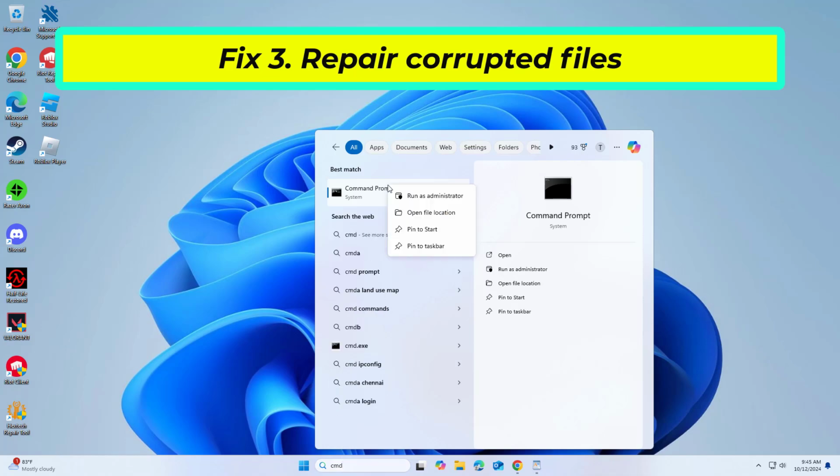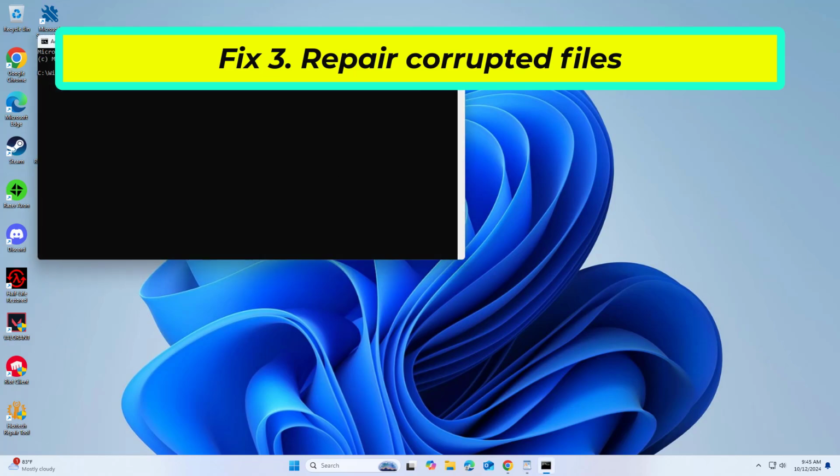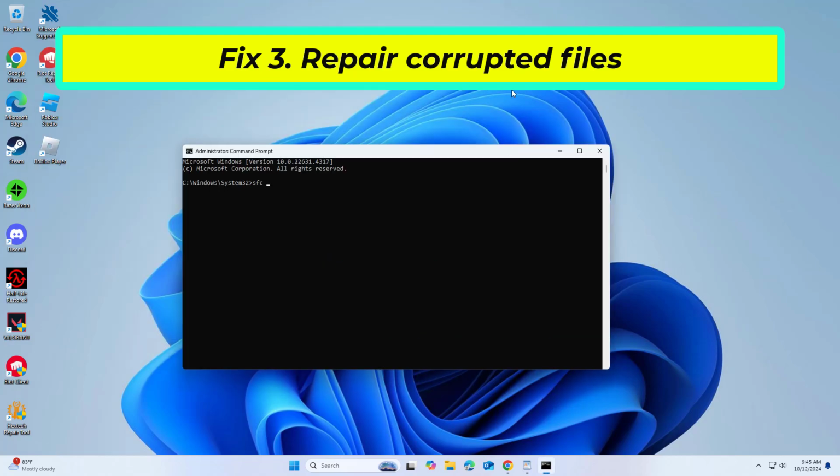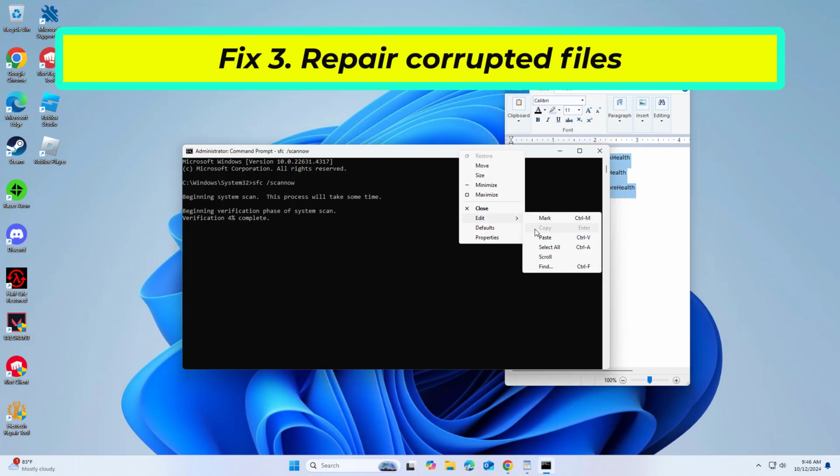open Start and type CMD. Right-click Command Prompt and click on Run as Administrator. Copy and paste the command that you will find in the description of this video. After entering all commands, restart your computer and try again and your problem should be fixed. If that didn't work,